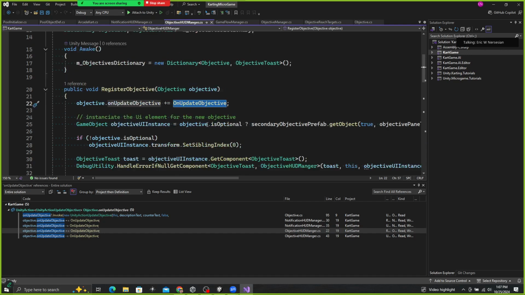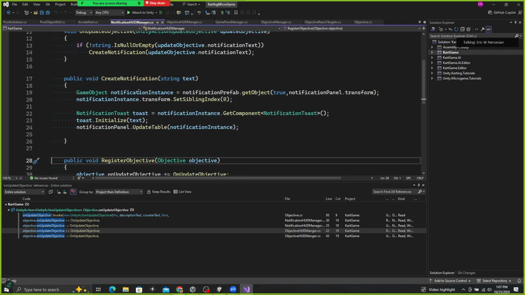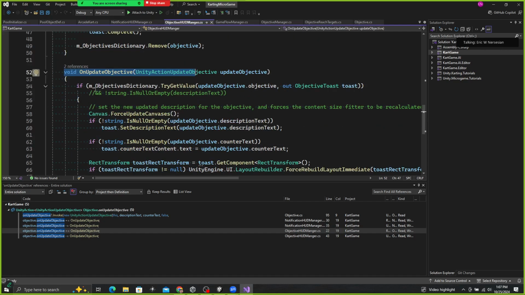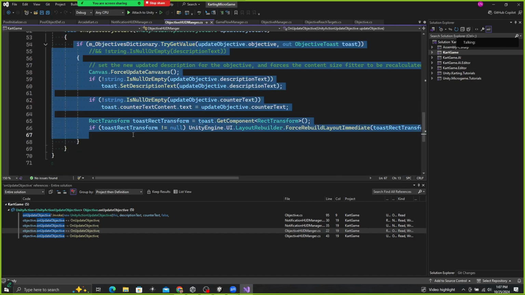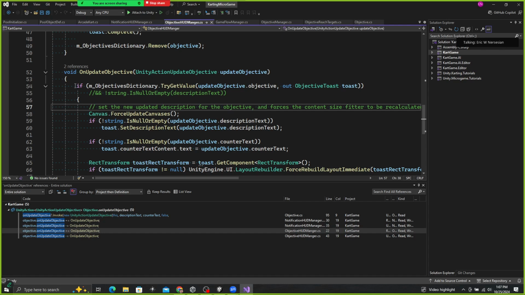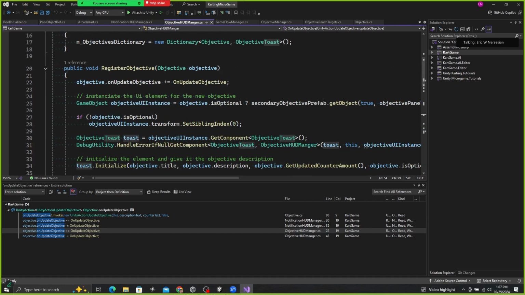So ultimately, all this boils down to this here getting called, over on the objective HUD manager and also on the notification HUD manager. Then we spent a lot of time going through here. Basically, on update, go into the dictionary, and if we have an objective registered with a toast, that's because with register objective, after it registers a listener with the event,